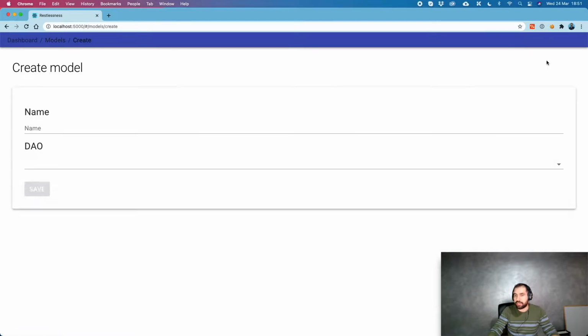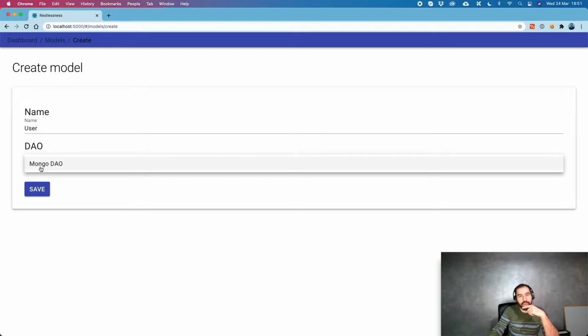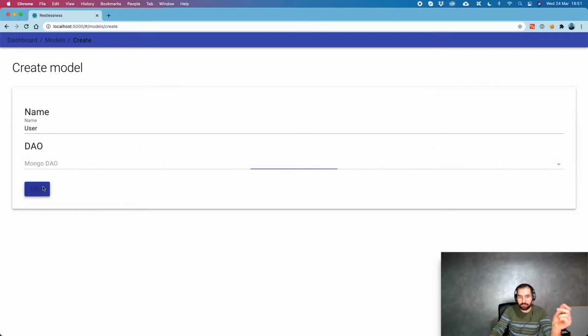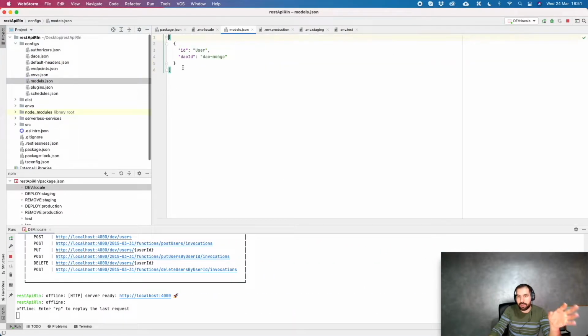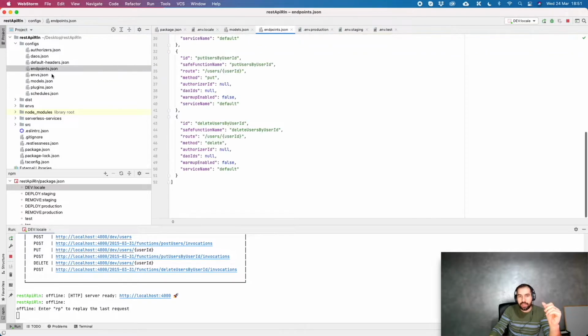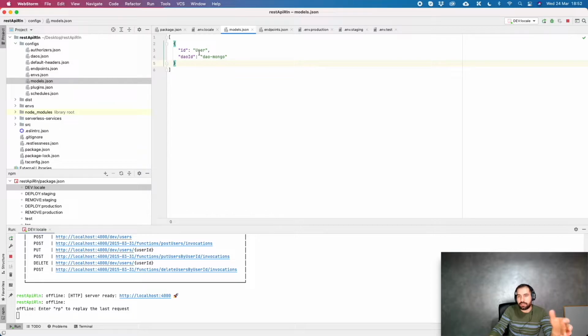So we can create a new model and we can call it user. As you can see in the model creation screen, we can specify a DAO, and in this case we have MongoDAO. Before this field was empty, but as soon as we installed our DAO with the restlessness add DAO command, this array here is populated. So we can save. Actually, that array is populated in this exact place. Okay, so we have our configs. Right now we also have these models. So we created the user using the DAO ID DAO Mongo, and if we go inside the DAO's JSON file,